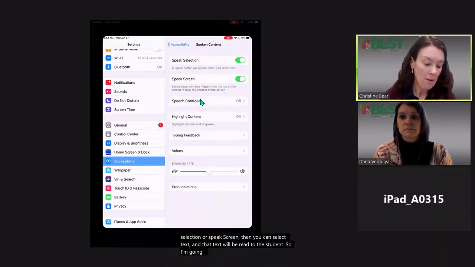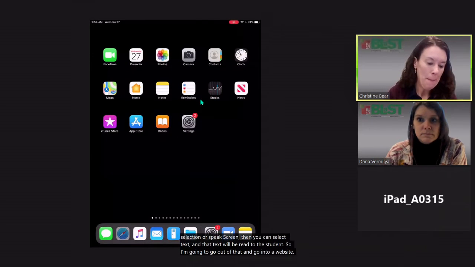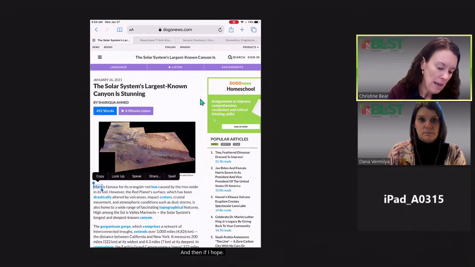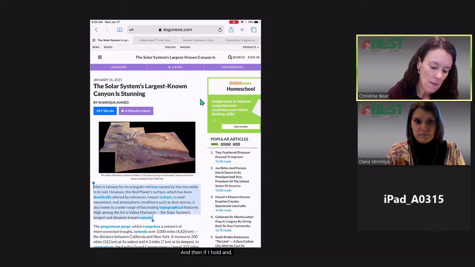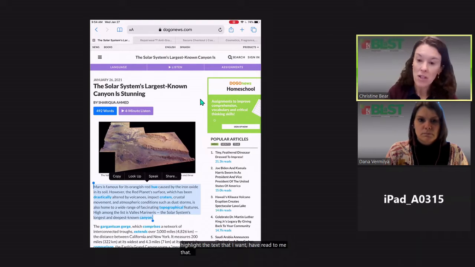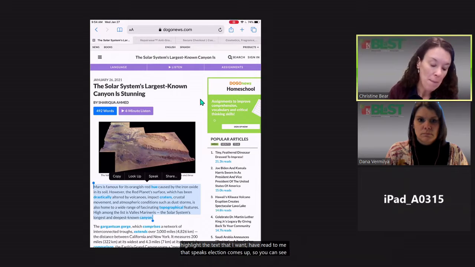So I'm going to go out of that and go into a website. And then if I hold and highlight the text that I want to have read to me, that speak selection comes up. So you can see the bar up top, and then if you just hit speak,